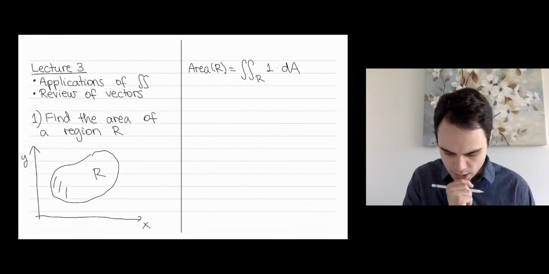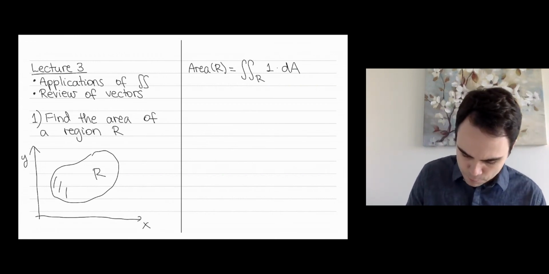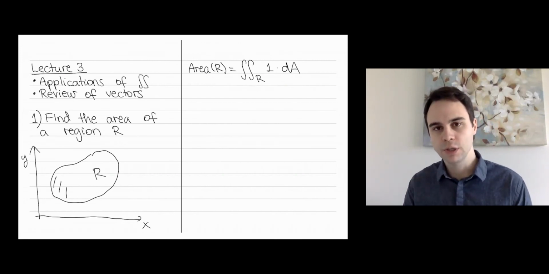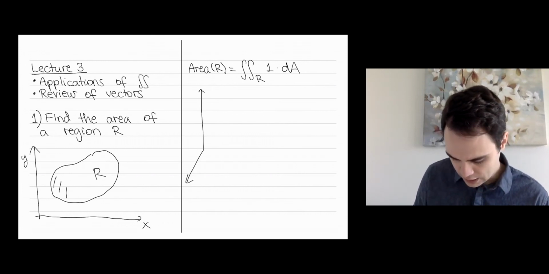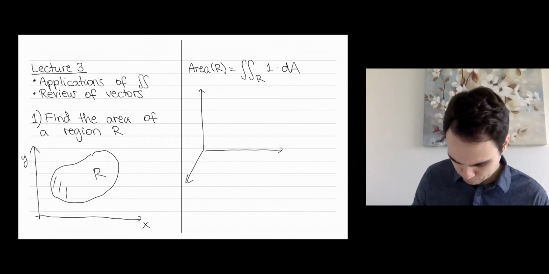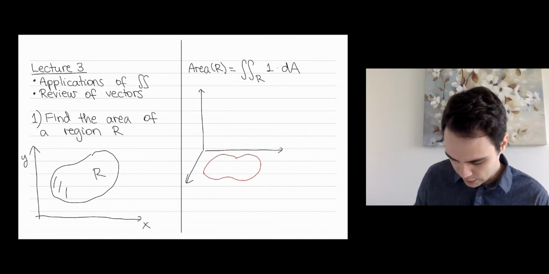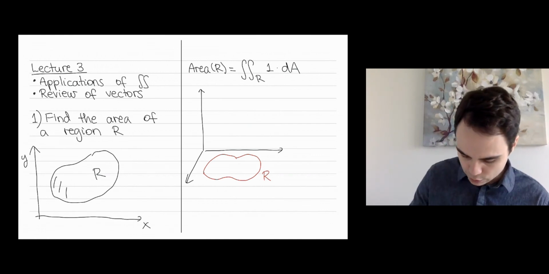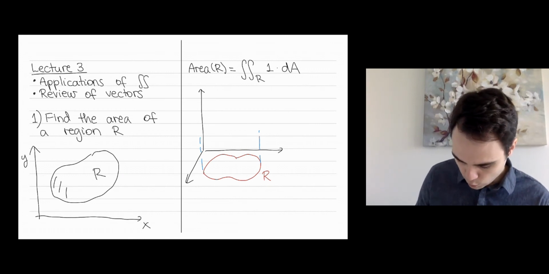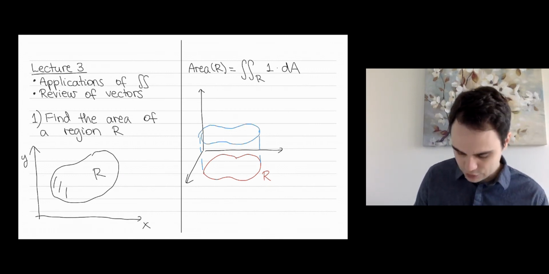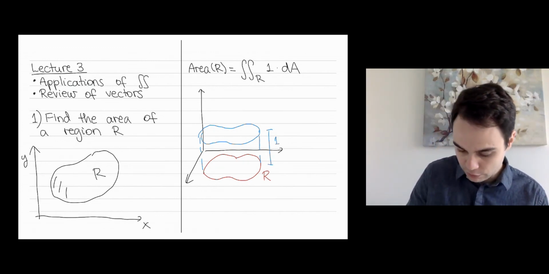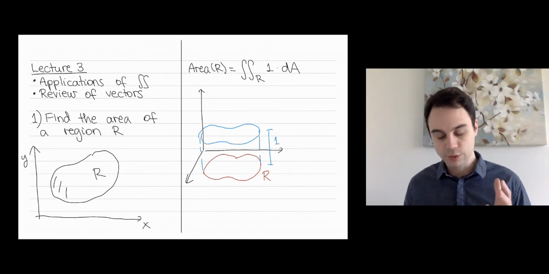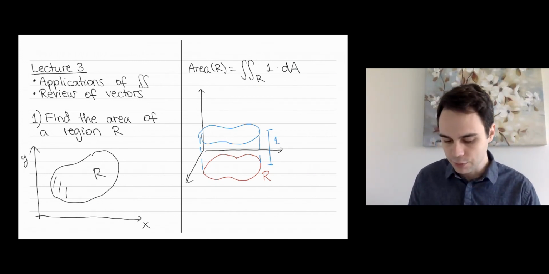Now there is another way to see this, and this relates to the first interpretation of the double integral that I gave you in lecture 1. That first interpretation had to do with the volume below the graph. Here the function we have is the function f of xy equals 1. So the graph is just this vertical slab. The height is 1, and so the double integral, according to lecture 1, gives you the volume